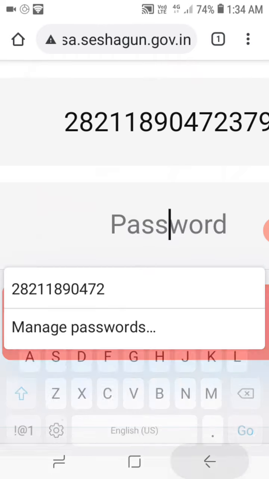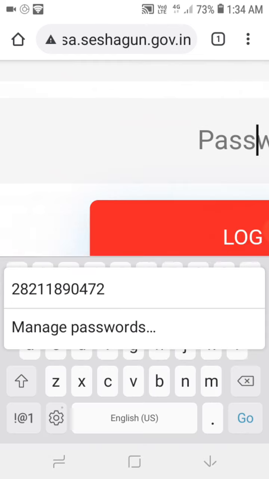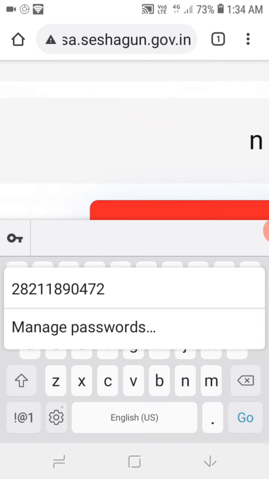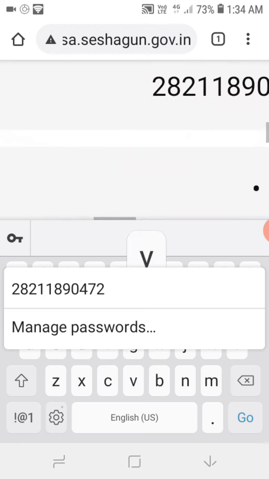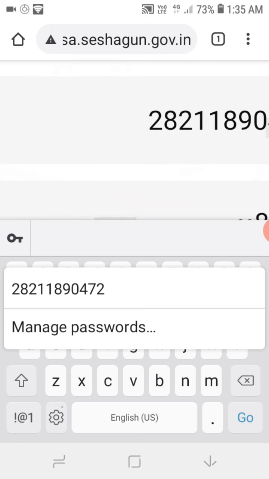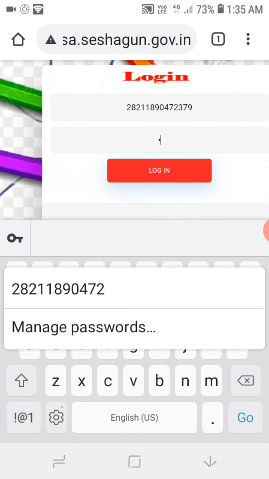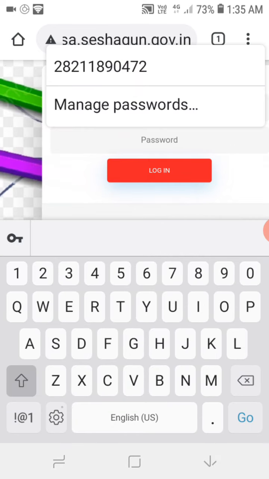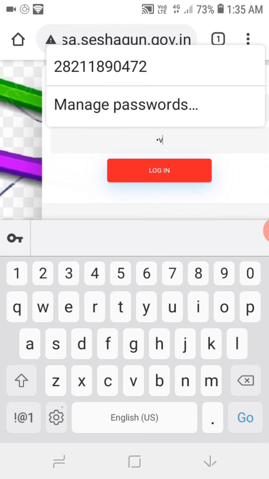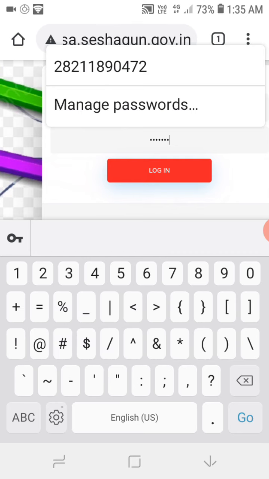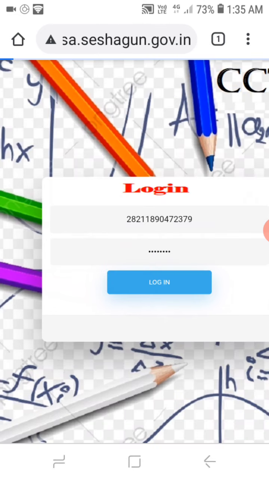Here I am giving the password. After giving username and password, you click on the login button.